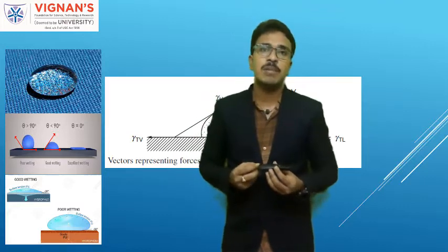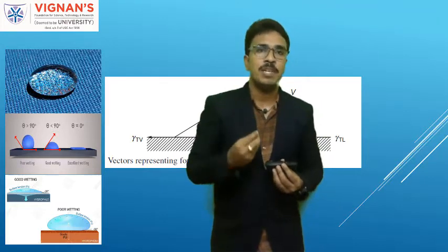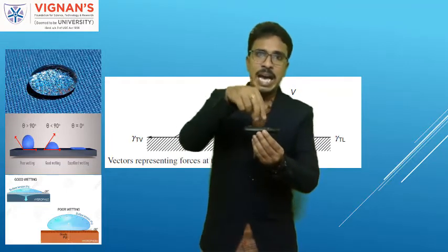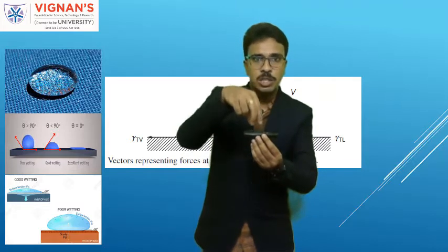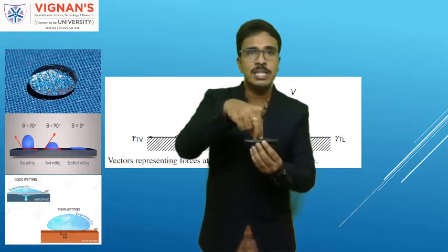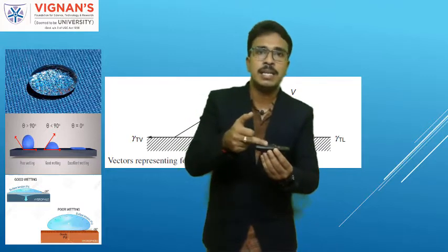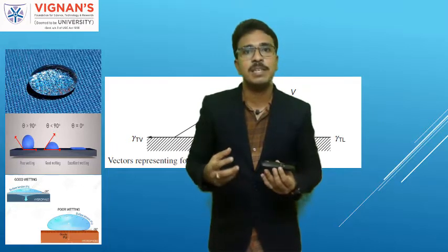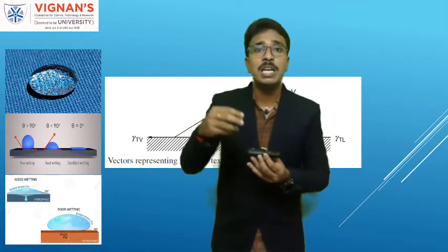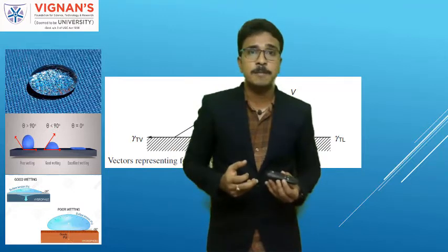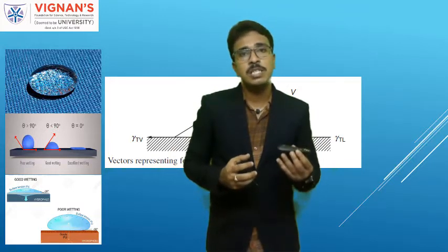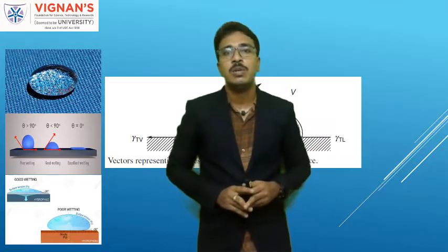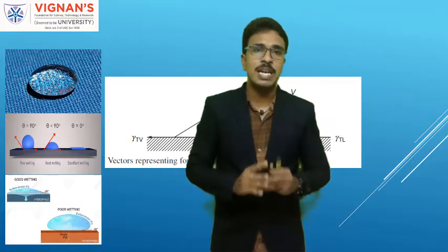We have also discussed the contact angle and its importance. Contact angle is the angle made by the water droplet when it is in contact with the solid surface. Depending upon the angle, if the angle is less, complete spreading of the droplet takes place. If the angle is more, the droplet spreading will not take place. Okay, understand? So this is called contact angle. This is what we have discussed in today's class. Okay, so I hope you understand this class.